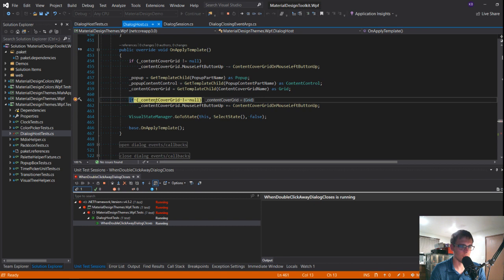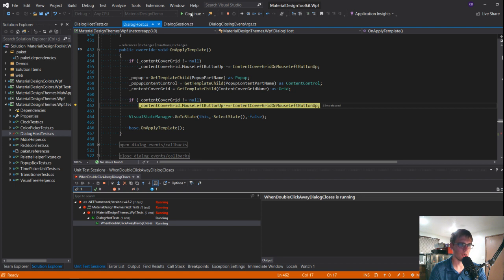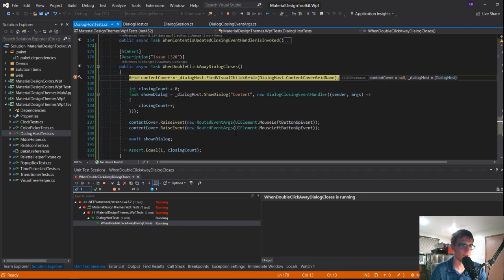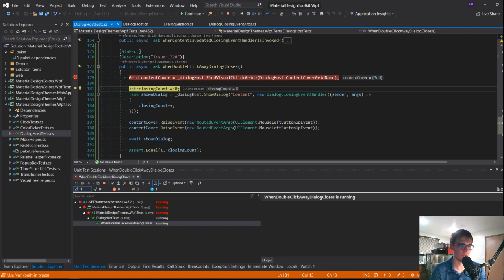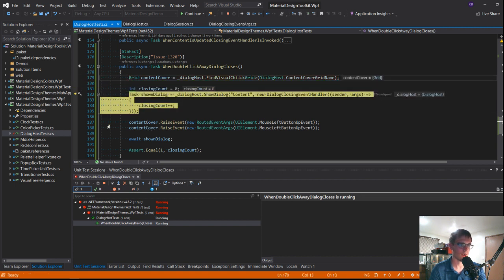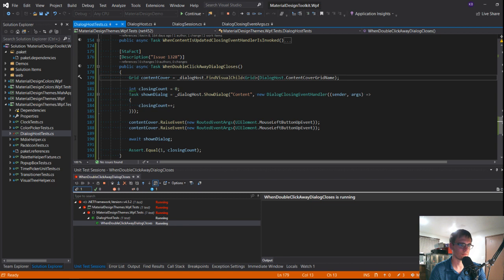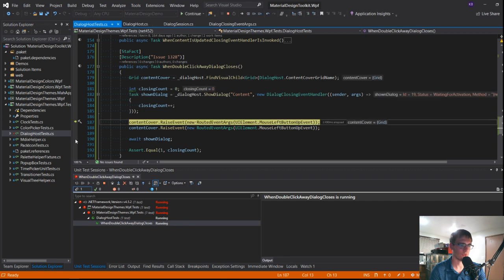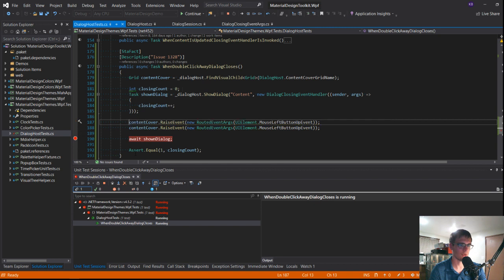Just running slow. Okay. Did we find a content cover? Yes, we did. It found the grid. Great. That's what we expected. So we'll just confirm. Registers event handler. Wonderful. Go ahead and go. So first potential failure point, not there. So we'll step over this guy. I assume content grid is found. Great. So this guy here is going to show the dialog. Just verify that we get over that, which we do. And I assume when I do step over this,